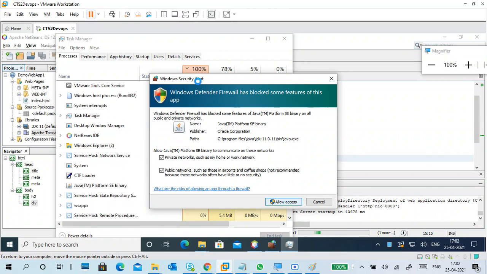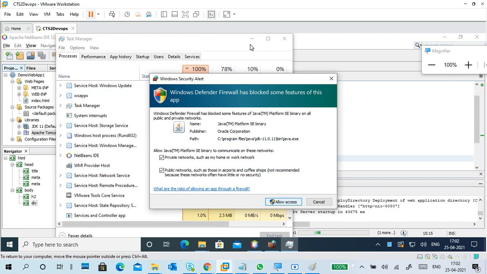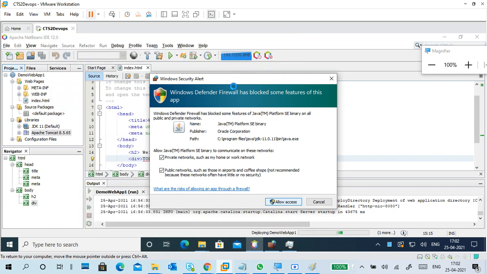Then I click this one. Again, see, 100% utilization, Windows host run DLL. That's why it is very slow. I need space.